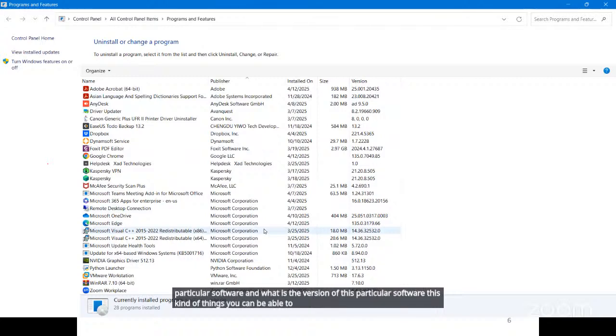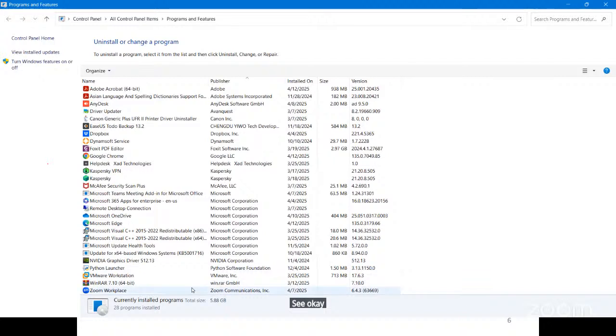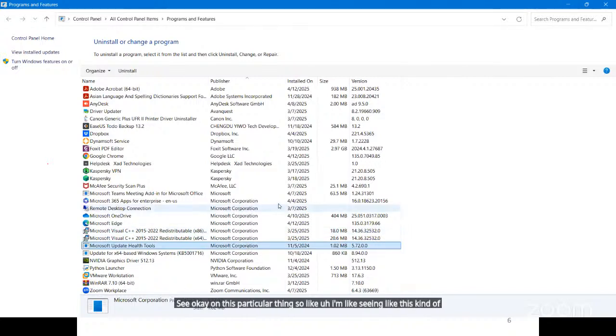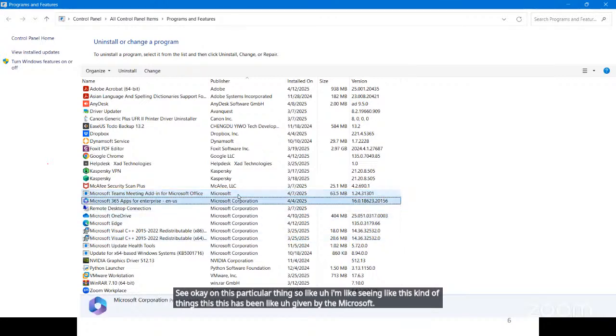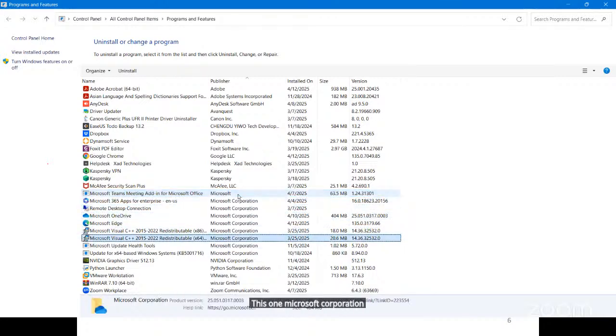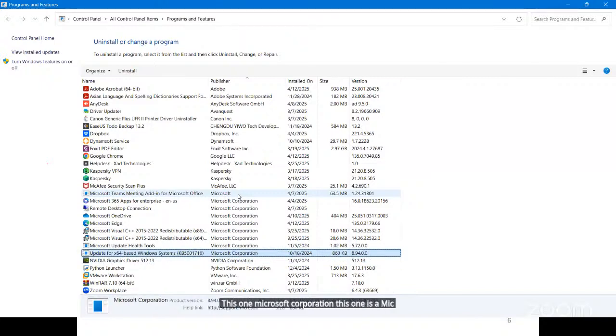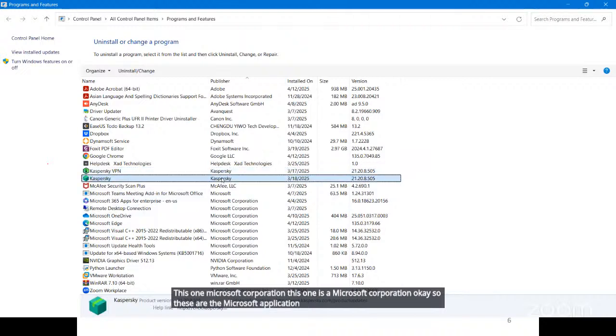On this window, I'm seeing that this one has been given by Microsoft. This one is Microsoft Corporation. So these are the Microsoft applications, and this is the Kaspersky application.